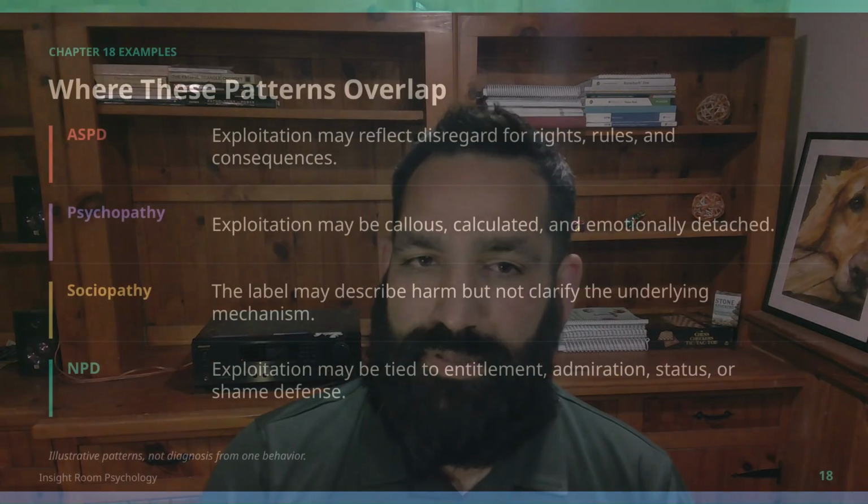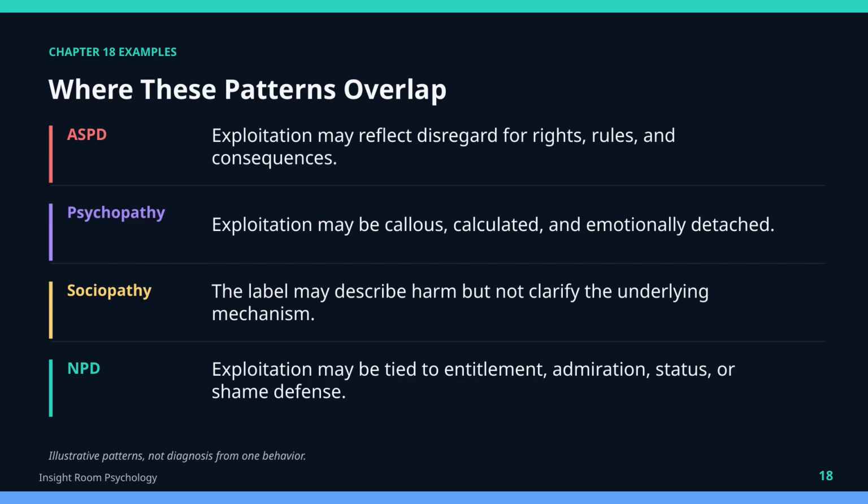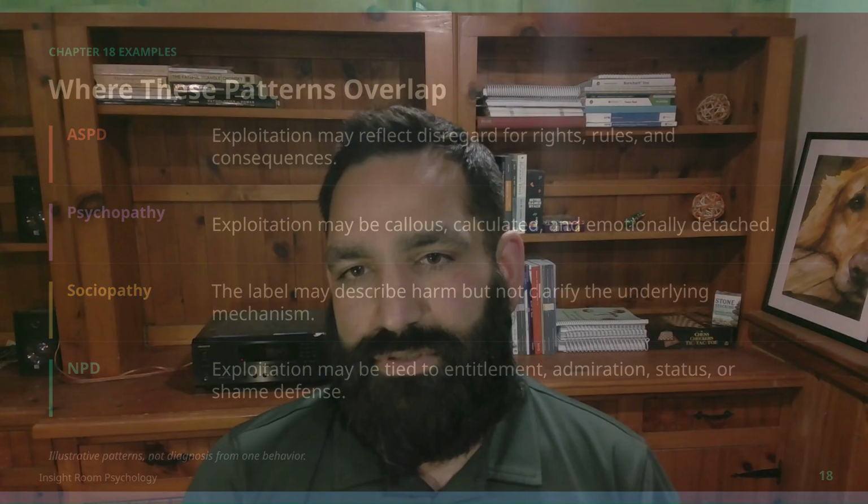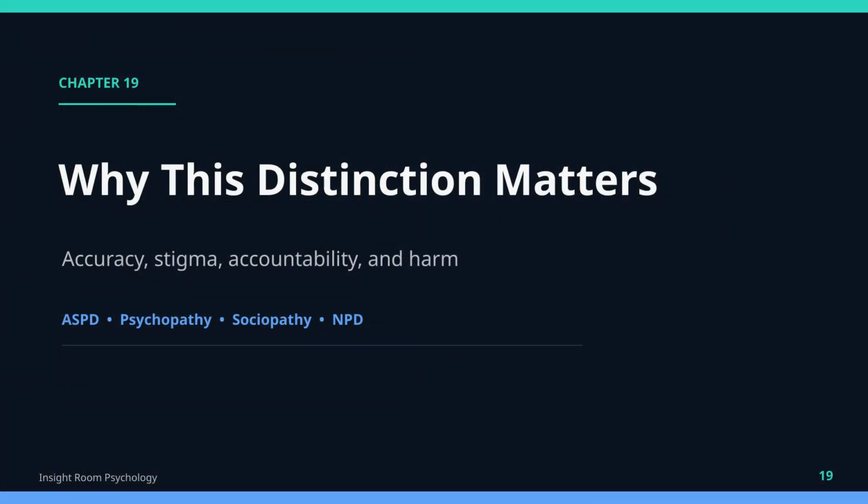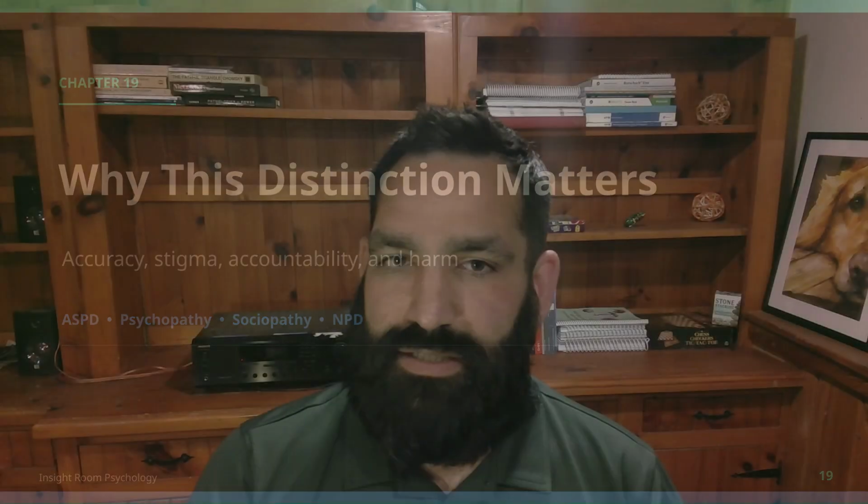If every manipulative person is called a psychopath, then psychopathy becomes a synonym for scary person. If every volatile person is called a sociopath, then sociopathy becomes a vague insult. If every person who breaks rules is labeled as ASPD, we miss the developmental and diagnostic specificity of the actual